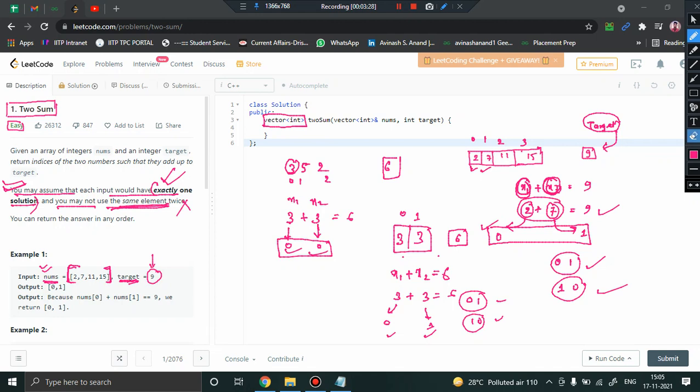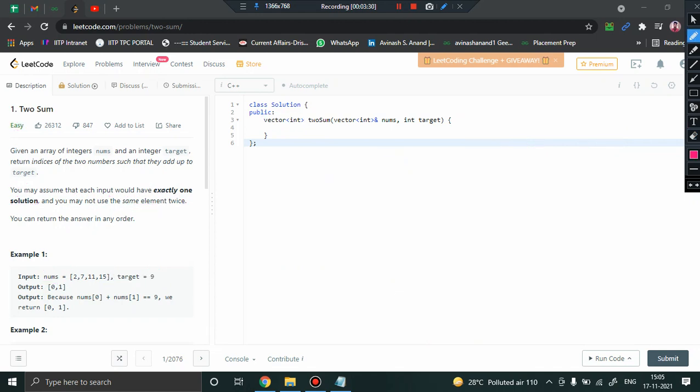Now the question is, how do we solve this particular problem? The first approach is the brute force approach. I'm not going to go into the detail of the brute force approach because it's very simple. The time complexity will be order of n square. Why? Because you will be having a for loop outside and a for loop inside. What we are basically going to do is generate pairs of x1 comma x2, isn't it?